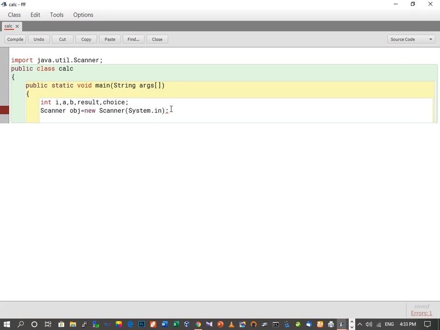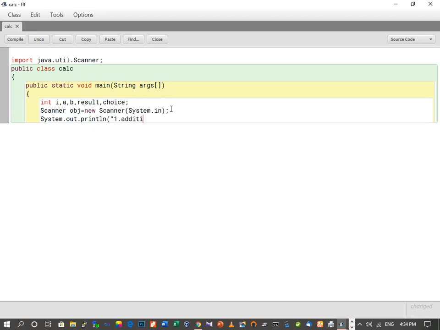For instance, as this is a simple calculator, we are going to do some calculations, like addition, subtraction, multiplication and division. So the first thing is I'm going to provide a menu. System.out.println 1.